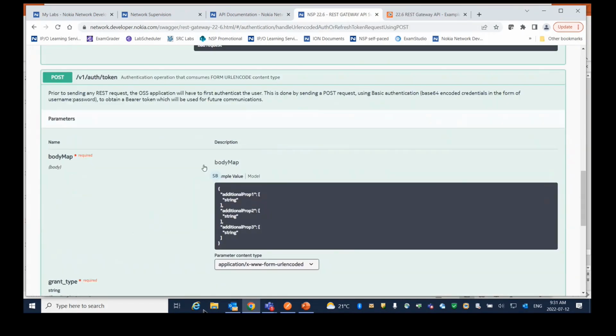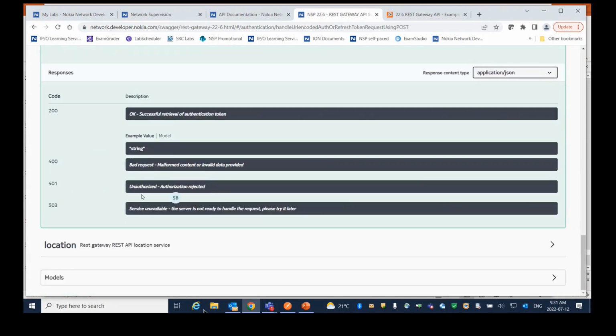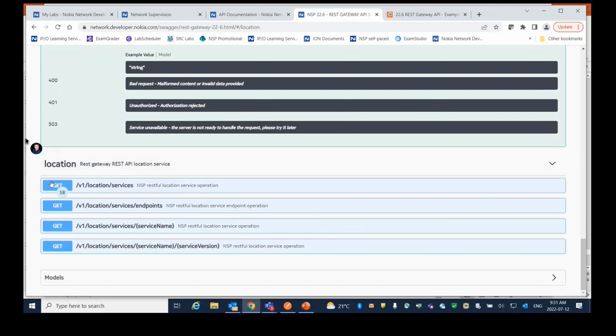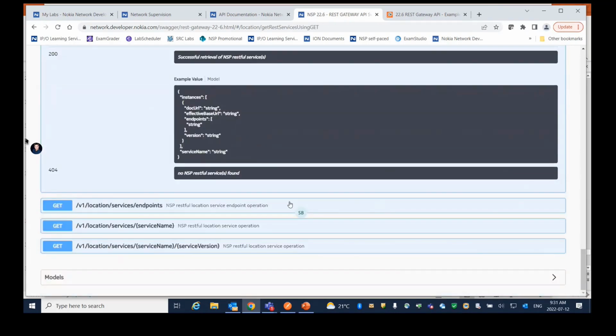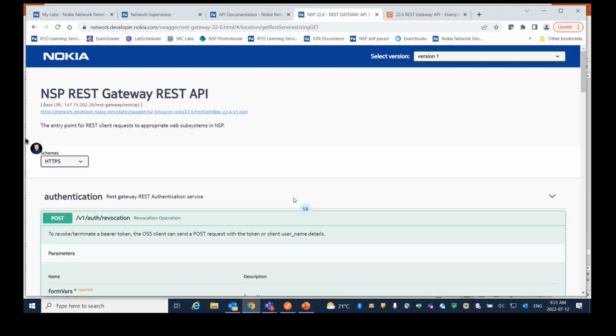Okay, there's getting my token, so it really lays out location. You'll see one in a minute that I'm going to use. All the get calls I can do. I mean, it's laid out for you nicely. You can use this to try and develop your own APIs, which you'll see in a minute. Okay, so one of the other things I'm going to do,